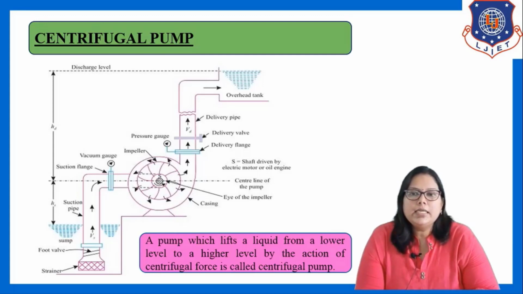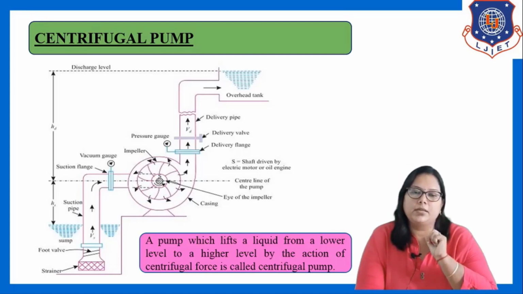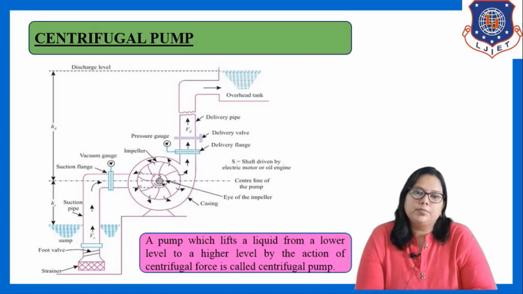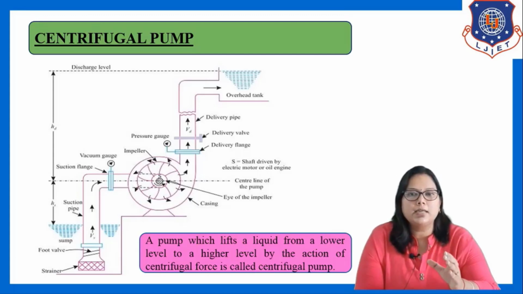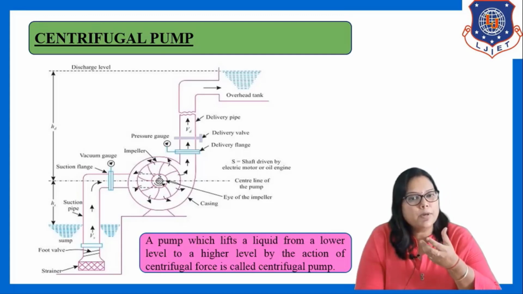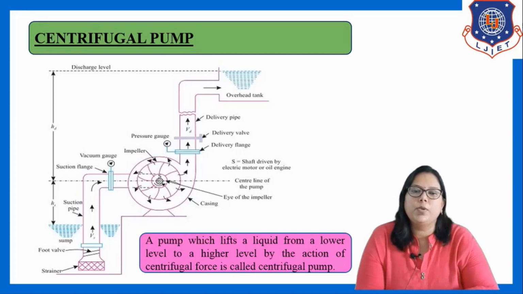The main portion of the pump is the casing. The casing includes the shaft, and on that shaft we mount the impeller. Now this impeller is the heart of the centrifugal pump. With the help of this impeller, we are transferring the liquid from a lower level to a higher level. Now how can we transfer the liquid? What is the mechanism behind it? Let us now see the working of the centrifugal pump, how centrifugal force is produced and how this force is responsible for transferring liquid from the bottom level to the overhead tank.